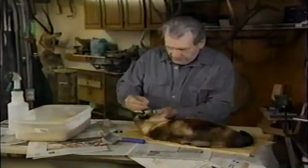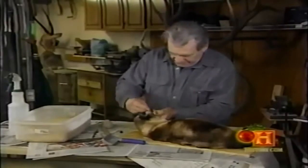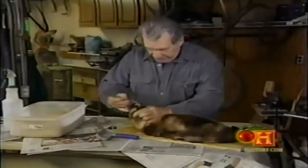Joe has another side business in freeze-drying wedding and funeral flowers. They too will last virtually forever. But perhaps his most unusual freeze-drying endeavor comes right back around to taxidermy. Joe freeze-dries family pets. People send us pets basically from all over the country, because people are attached to pets